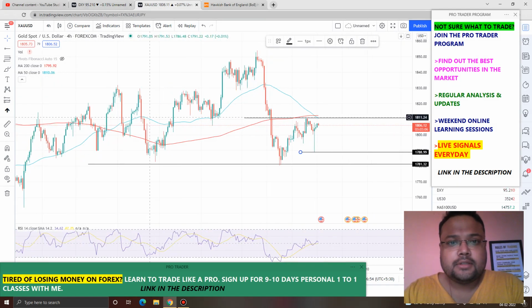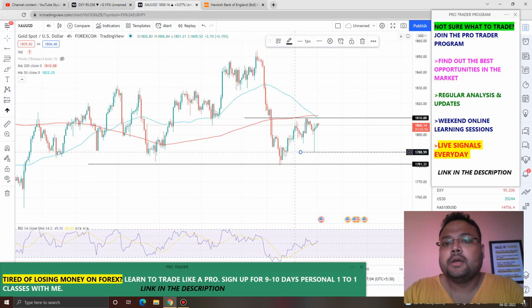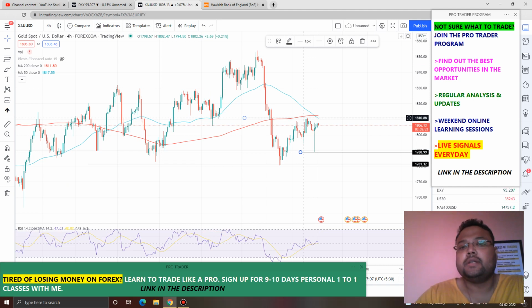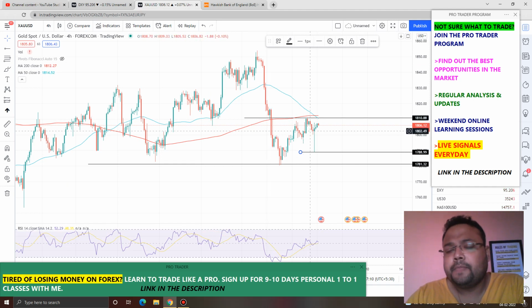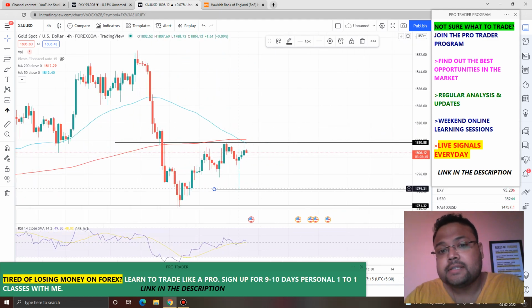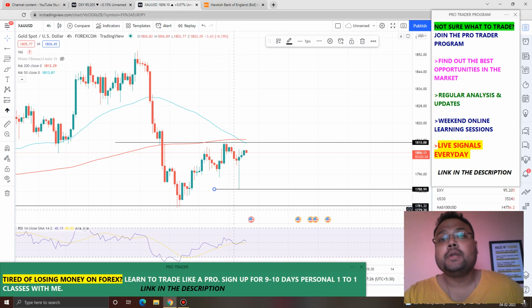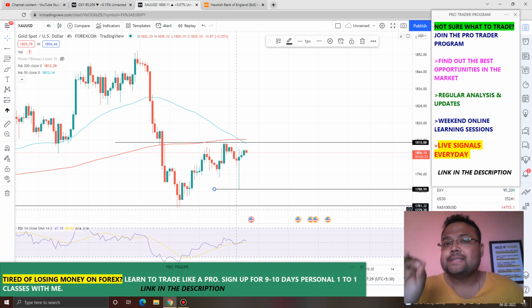Now this is the 4-hour chart of gold in front of us. Though there was a sharp fall on the dollar, we did not see that kind of a rise on the chart of gold yesterday. It was trading in a range. For some time there was huge volatility when gold fell to 1788, but gold recovered again. More or less gold is still trading in a range here, and we do not see much movement on the chart right now. So the levels on gold are still the same.